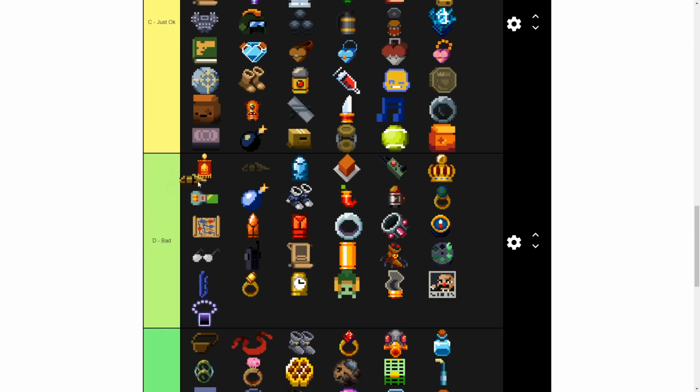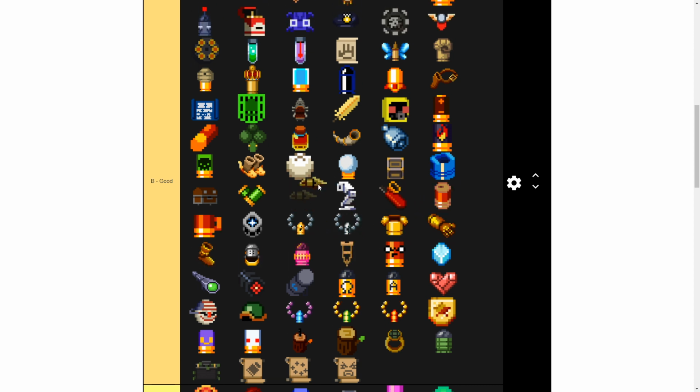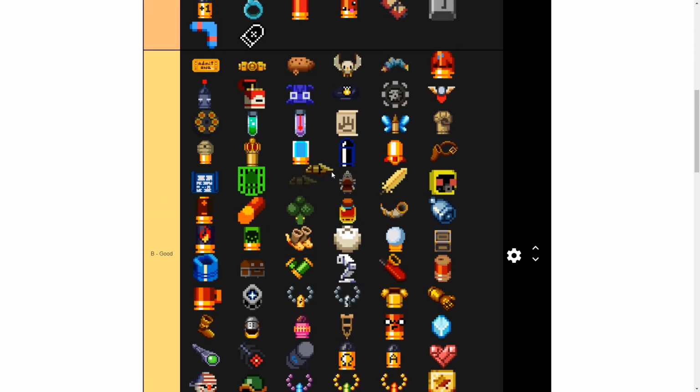Next, we've got the Grappling Hook. Grappling Hook's really good. It gives you the ability to stun enemies, it gives you the ability to steal, it gives you the ability to move around a lot faster, and it is only D tier. We're going to put it in good. We're going to put it like...